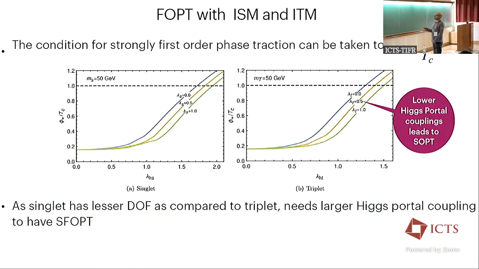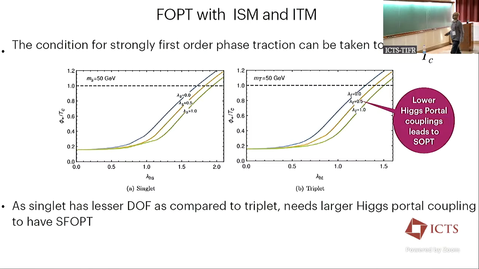Now what we see is that if you are here, for lower region of the Higgs portal coupling, you get the second order phase transition, and you have to go above a certain portal coupling to attain the first order phase transition. And as you move the self coupling from 0.0 to 0.5, you actually need more portal coupling to achieve the